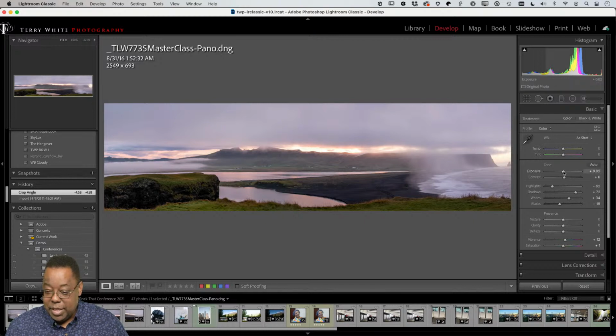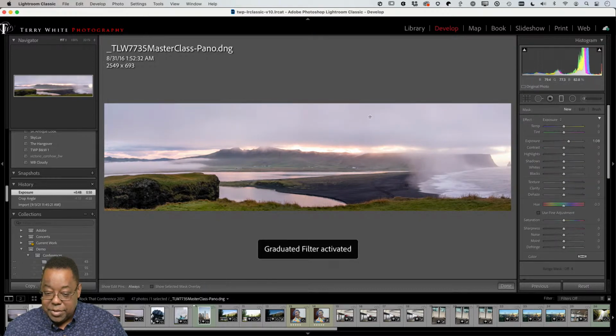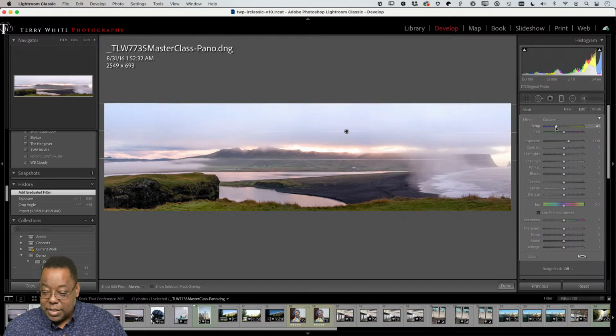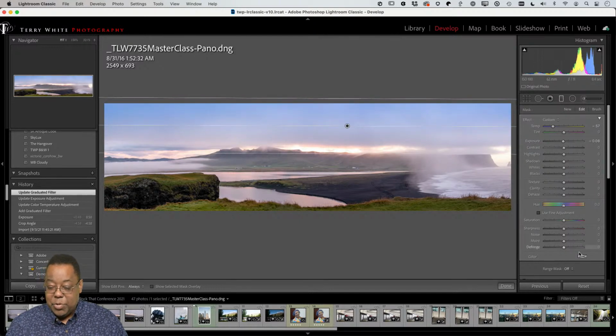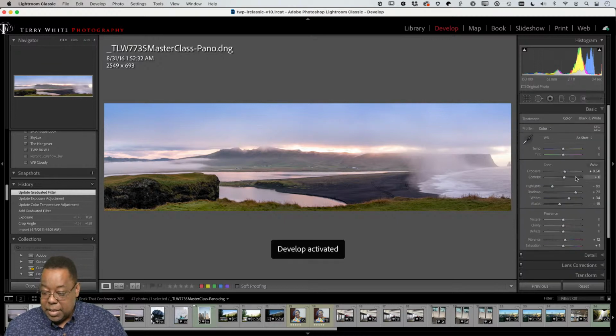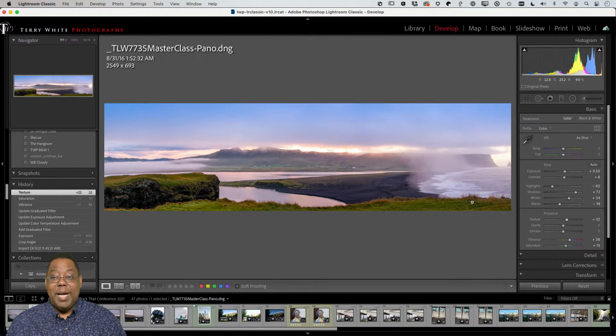So I could go in, and it's already been auto-toned, but I might go in and bump up the exposure a little bit and do a graduated filter. I'd probably take it into Photoshop and do a sky replacement, but just kind of getting some of this stuff done. Something more like that. Okay. I'd keep tweaking it, but you get the idea. And I'd probably go in, bump up the vibrance a little bit, maybe even a little saturation and a little texture. Anyway, I keep tweaking. I actually go back to the originals and do it from the raw files. But anyway,